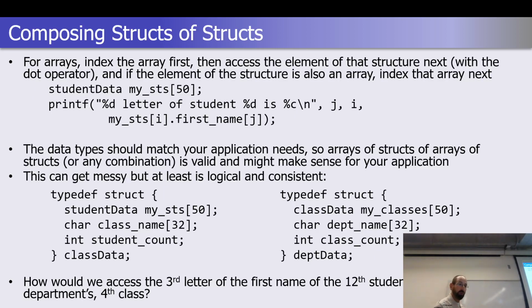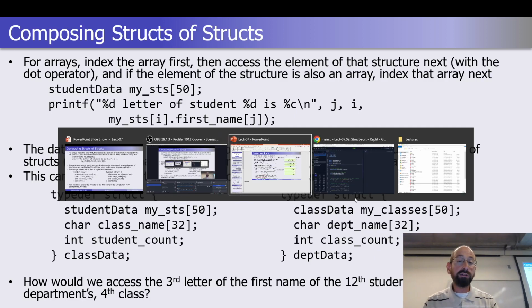You essentially do the array syntax first, that's square brackets, to figure out, of my array of structures, which one do I actually want? The ith one or the third one, or whatever that offset may be. And then once you have the single structure within that array of structures, you just use the dot operator to determine, okay, I have the 27th student in this class. I want to know their name. I then do dot first name or dot last name once I have the individual structure. So array syntax first, then the component operator,